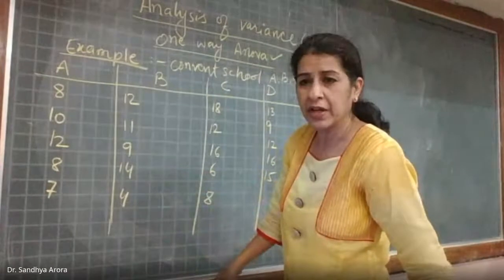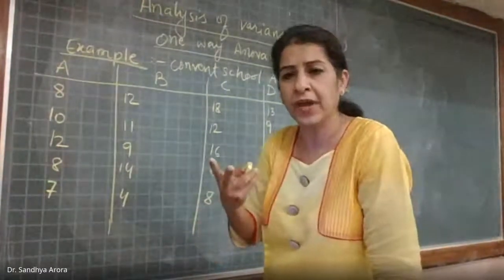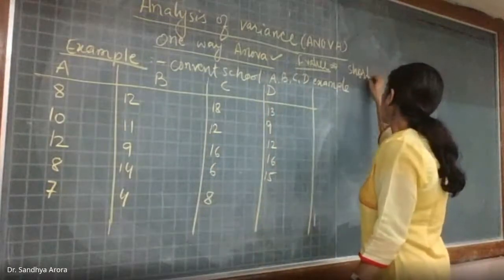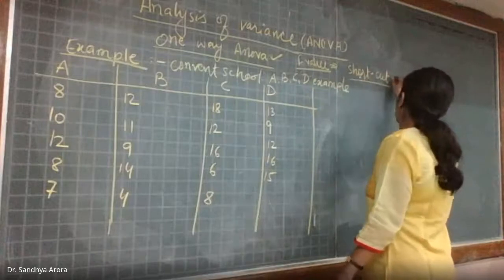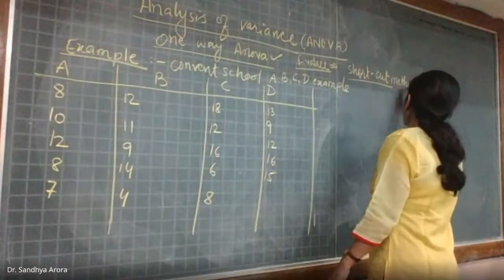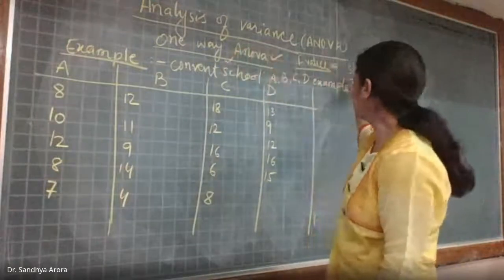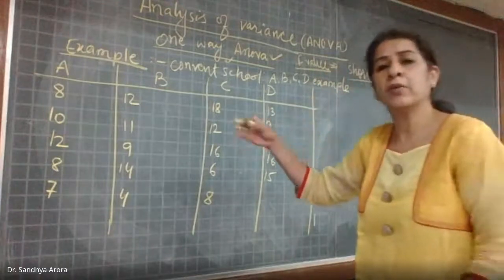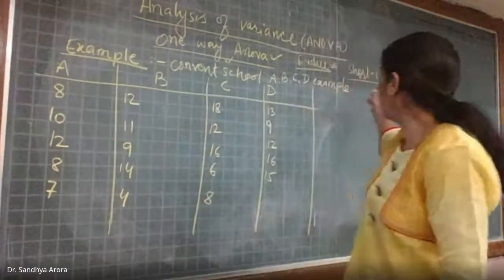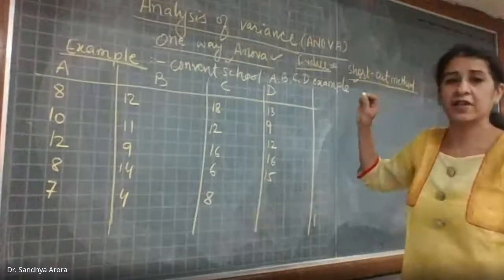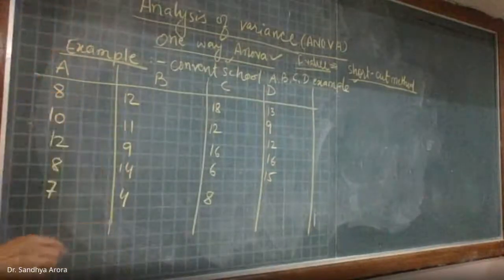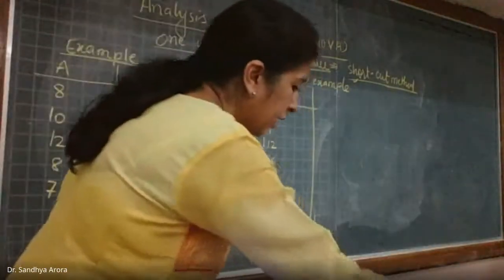Yes, ma'am. Okay, now I am telling you the same example we are covering here. I need to tell you 2 different ways to solve this. So I am telling you today the shortcut method. I told you about the one-way ANOVA. Once you do this shortcut method, for all calculations of one-way or two-way ANOVA, you might realize that this shortcut method is the easy way to do it. So you can apply that shortcut method for doing the analysis of variance. Now what that shortcut method says is you have to calculate a correction factor.